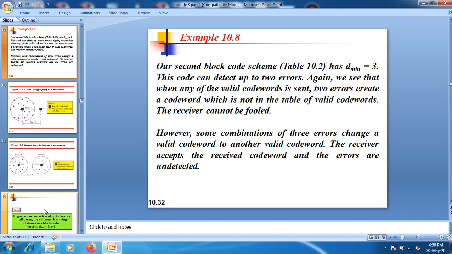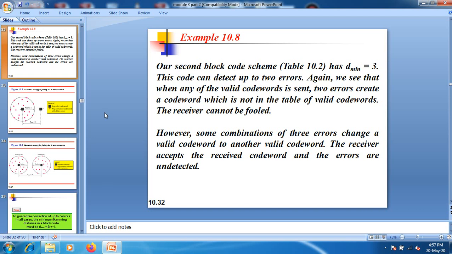Just to define how many bits we can detect, that is the error detection, as well as how many bits we can correct, that can be defined by using the territory here. We are using the minimum distance, that is the Hamming distance. Based on that, we try to define how this coding system detects as well as corrects the errors. And we are using this territory.